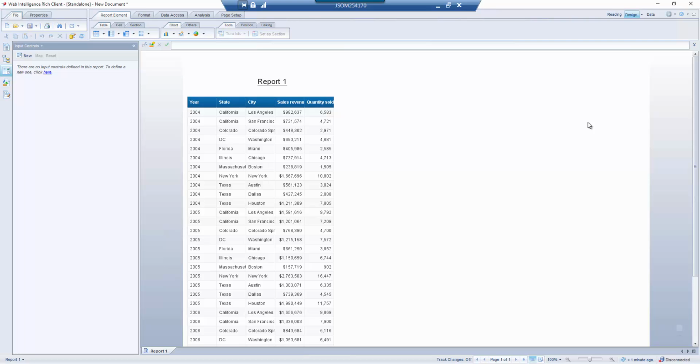So this is going to be the last portion of lecture number 10. In this portion of the lecture, I'm going to be talking about report level filters in web intelligence. Before I get into the report level filters in web intelligence, I want to make sure that everyone understands a few